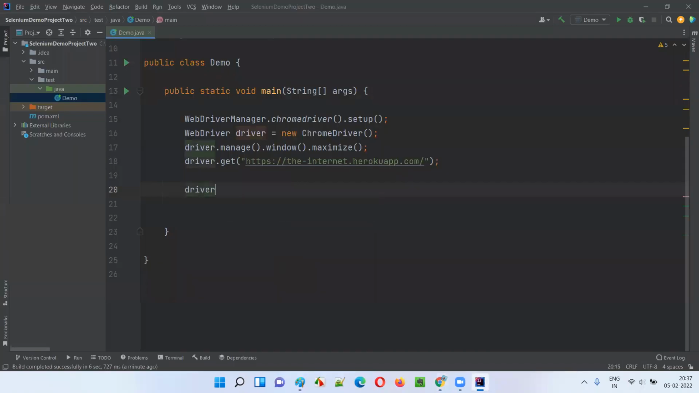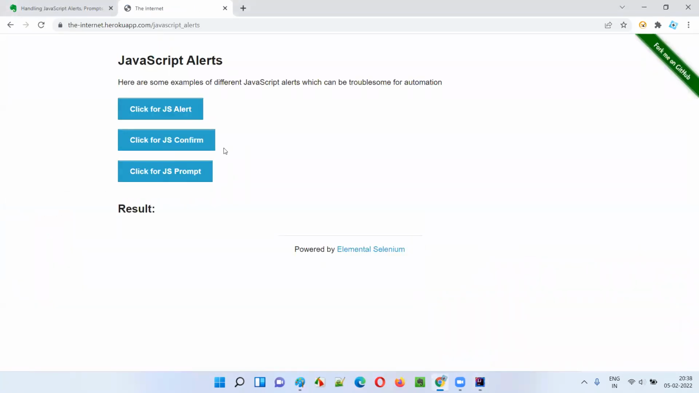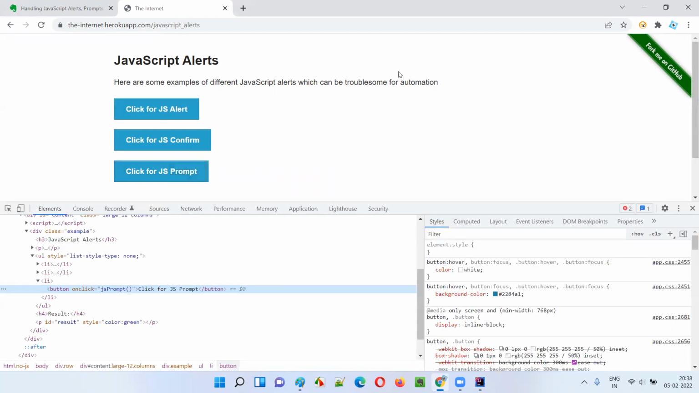locator here. I'll simply say driver dot find element by dot link text, provide the link text here and say dot click. So it will click on this link, and now I have been taken here. We have to look into this JavaScript prompt, JS prompt. Let me inspect this button, guys. I need to click on this button so that I'll get the prompt